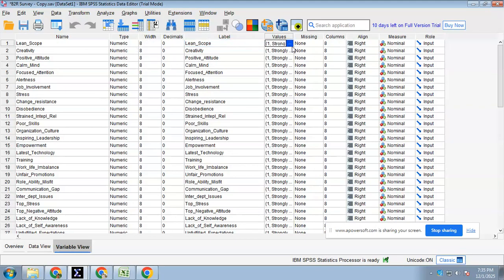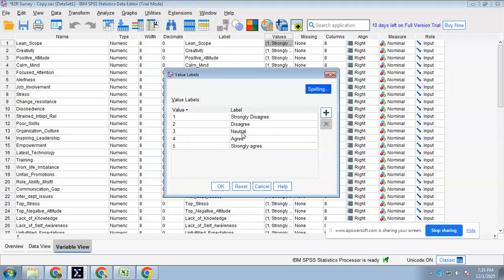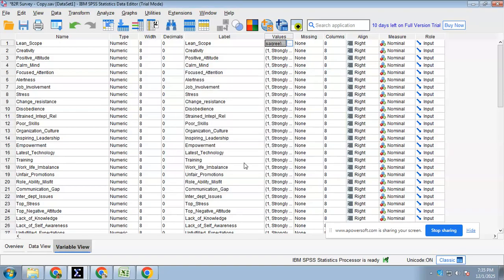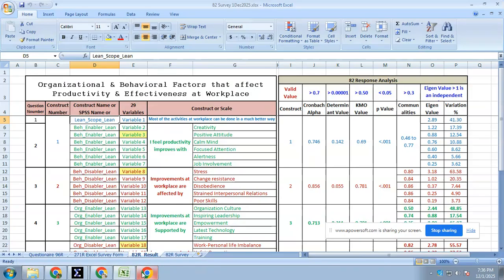And here you can see for quantitative analysis we want to convert it into numbers. So strongly agree is represented by 1, disagree by 2, neutral by 3. So we need to first put all the variables and the associated values in the variable view, and we consider this as nominal. Likewise, we can directly copy and paste these values here,